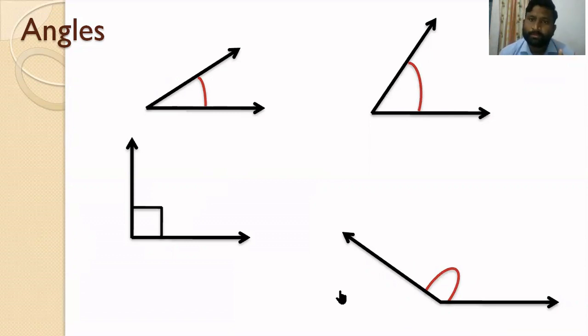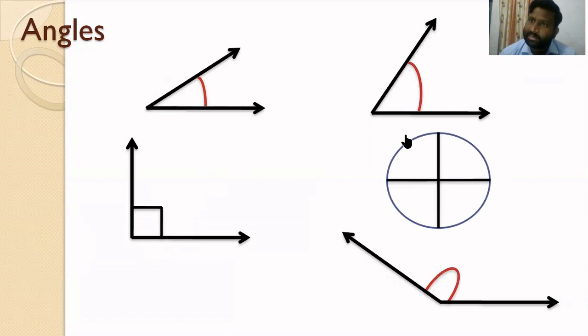Next, this is a circle, and it is divided into 4 equal parts. 1/4, 1/4, 1/4, 1/4. Just see this portion. It is like this. So this is 90 degrees. This is also 90 degrees, this is also 90 degrees, this is also 90 degrees. These 4 portions are equal, so these 4 angles are equal. The sum of these 4 angles is 90 plus 90 plus 90 plus 90, which is 360 degrees. So around a point in a circle, the angle is 360 and the straight angle is 180.